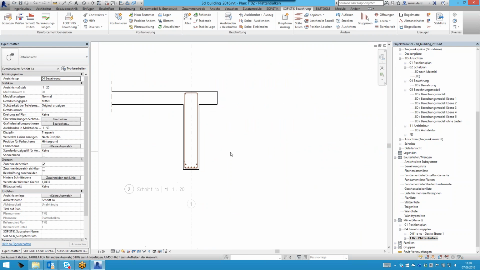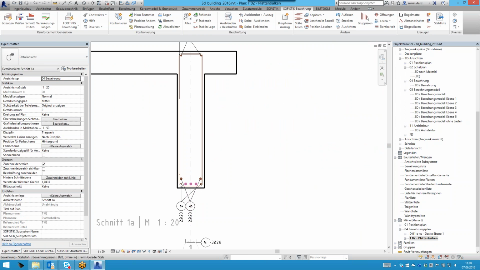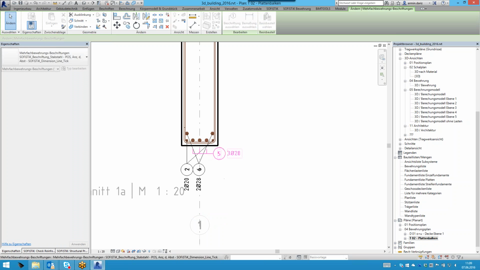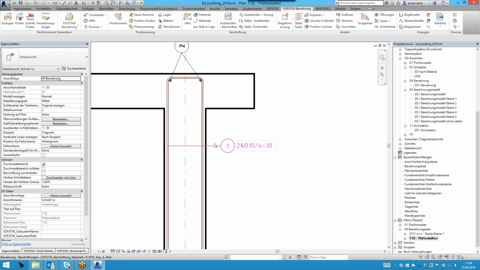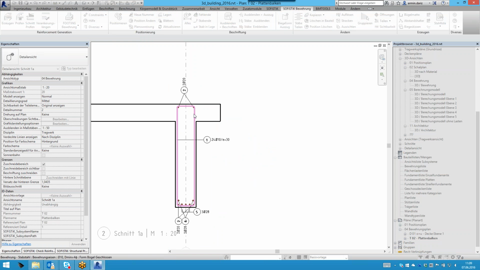If you take a look at the cross section, let's first of all do annotation of the cross section. You see that we get also here all the elements. You see the diameter 2, the bar mark 2, the bar mark 6, the bar mark 5, all indicated here in the Revit element. So this could be, we would use that as vertical, the representation of the stirrup here. And you can define also here